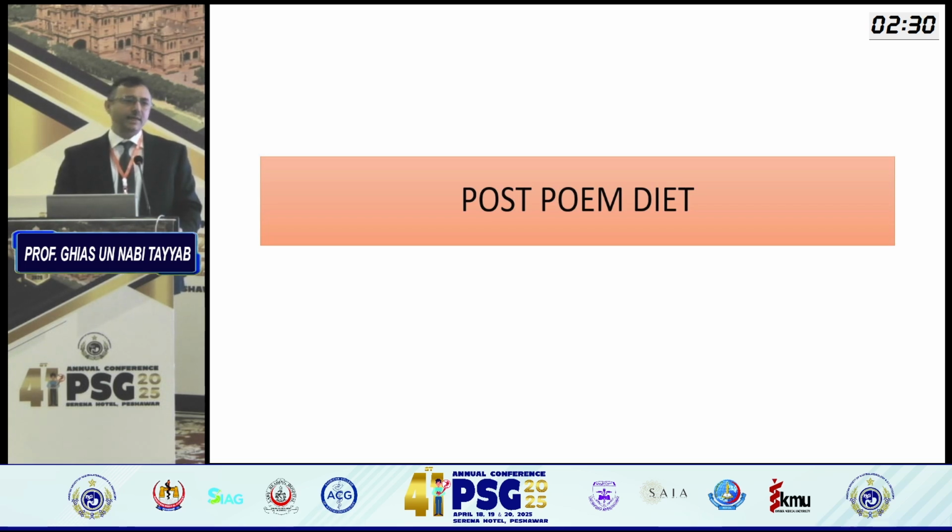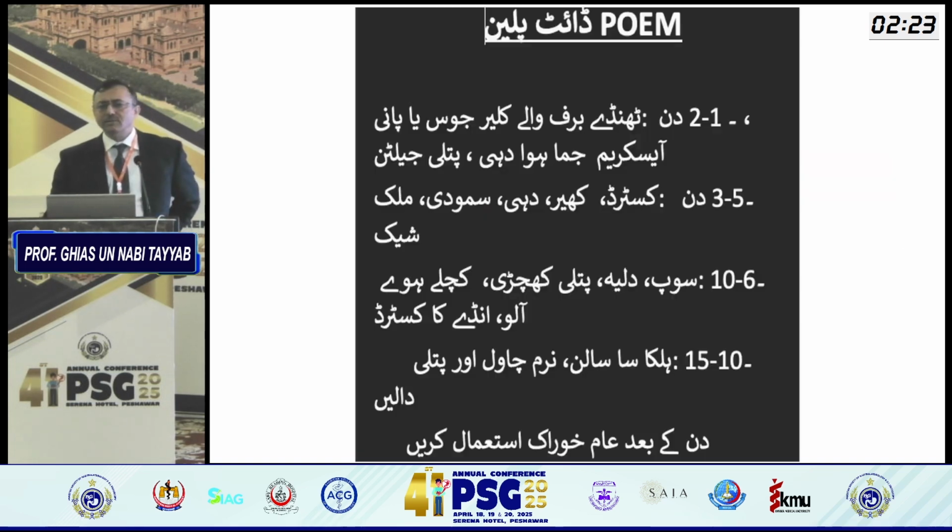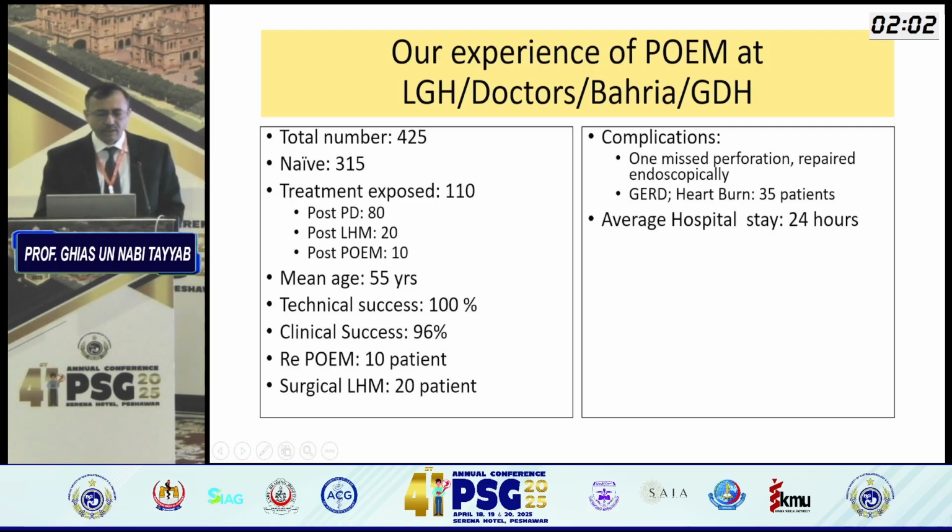Can the people take the diet right away? The normal diet, the way we ate food yesterday evening? The answer is no. They have to be taken slow and steady to the final diet. For the first couple of days, just liquids. For the next 3-4 days, a little something more, like a soft diet. For the next 4 or 5 days, semi-solid diet, and after 14 days, we ask the person to take the normal diet.